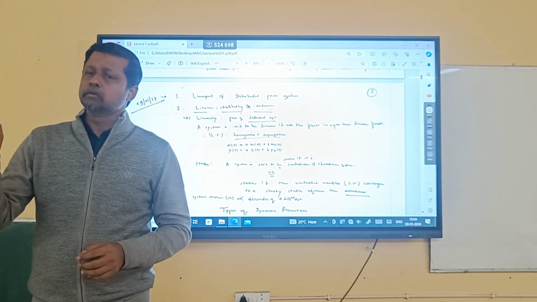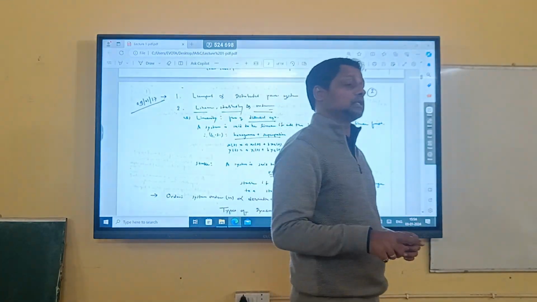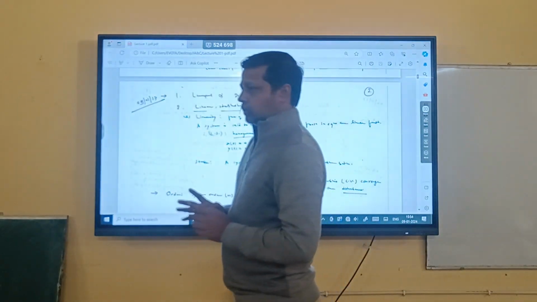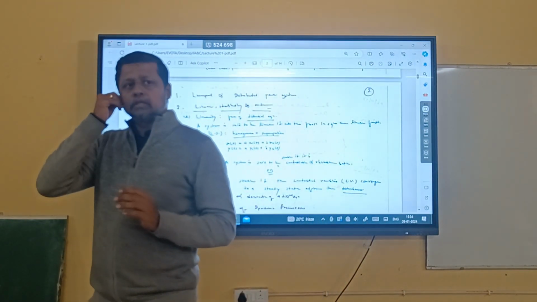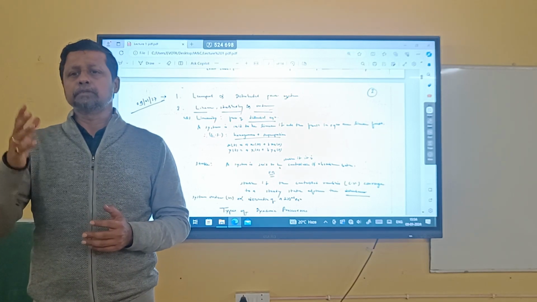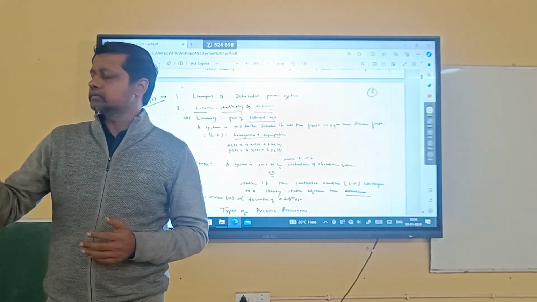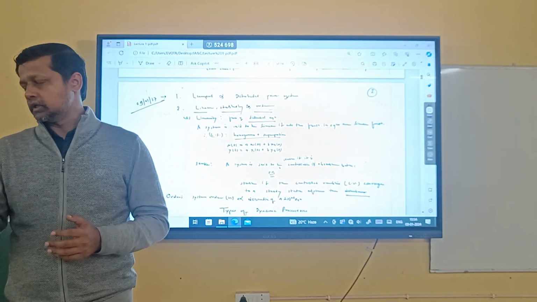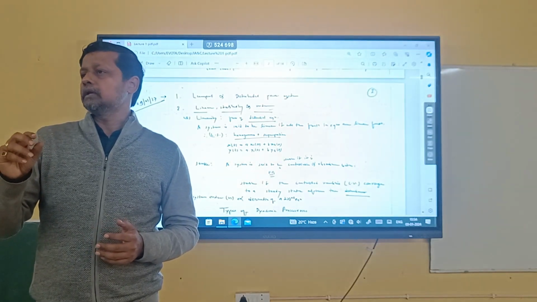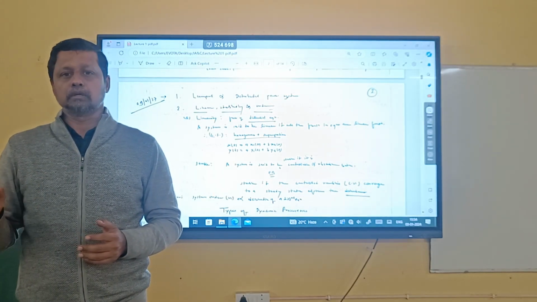So probably you will be aware now of one term that is called the type of the system. Remember, order of the system and type of the system are two different things. Till now you are all aware of writing a transfer function of any model or system, that means output by input. So the denominator equation, the denominator of the ratio: how many roots exist at the origin as far as the denominator roots are concerned.